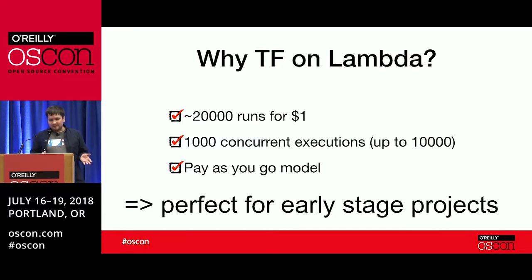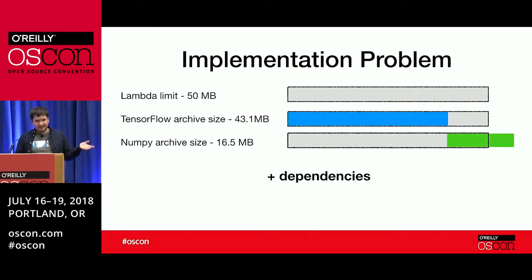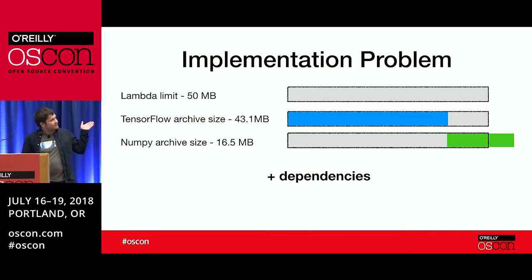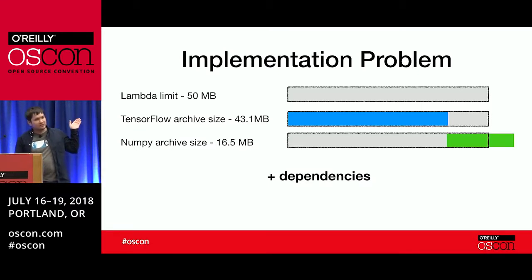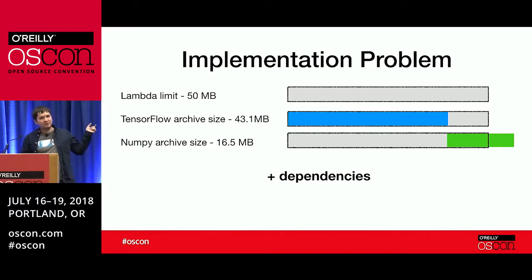So what are the main implementation problems with putting TensorFlow on Lambda? Basically, the Lambda limit for a package is 50 megabytes. TensorFlow by itself is just 43 megabytes. And you have to have NumPy, which is already 16 megabytes. You see there is some inconsistency. Funny thing that